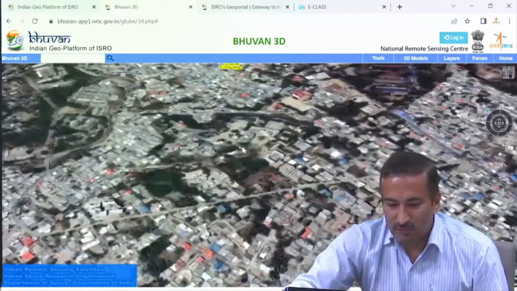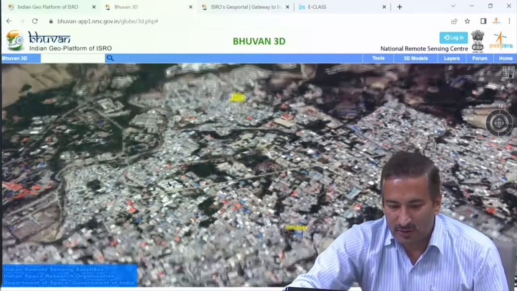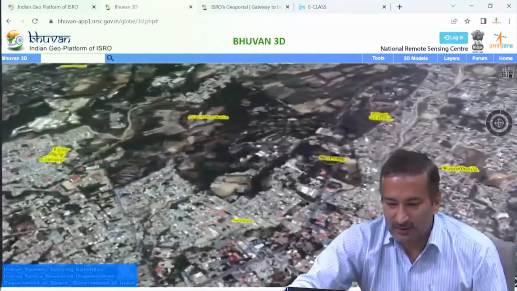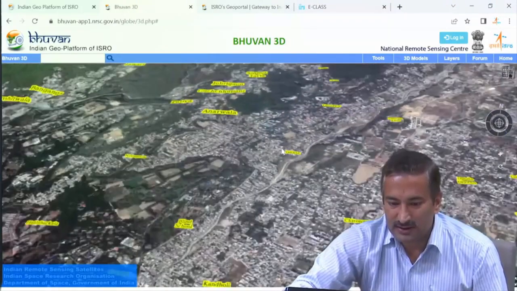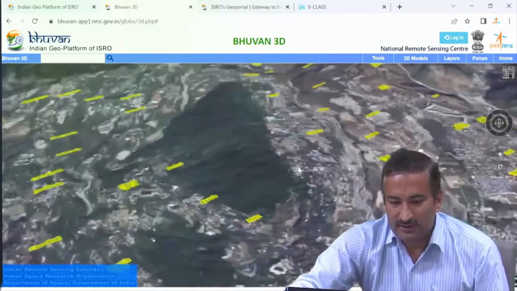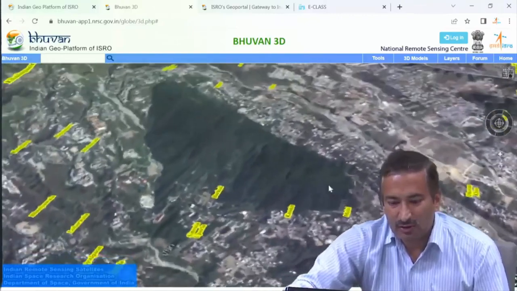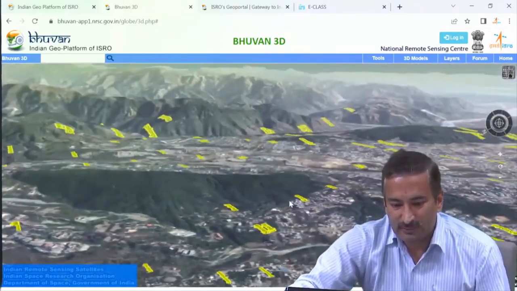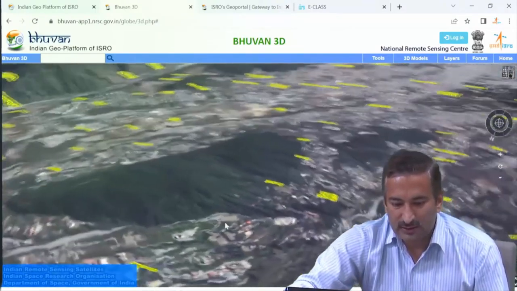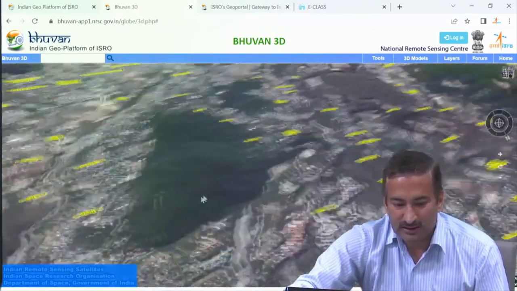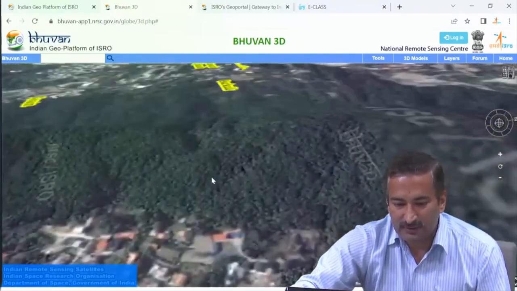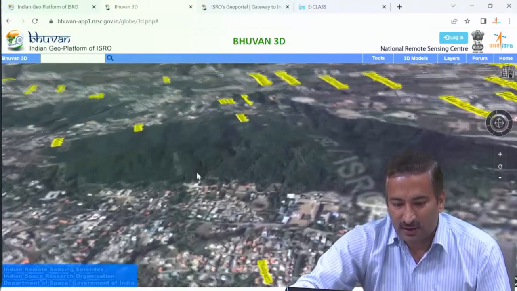Although it is a flat area over here, it does not give a very good perception of height. So for that, let us take a hill forest range near Dehradun. This is the Rajpur Reserve Forest near Dehradun. If I see this particular terrain, you can see how nicely it is displayed over here. From here a road goes from Dehradun to Mussoorie city. Now you can see this entire Rajpur Reserve Forest in the 3D perspective. You can zoom further.